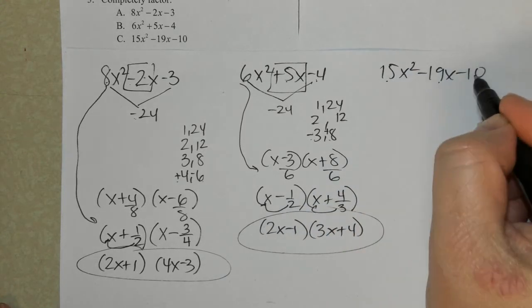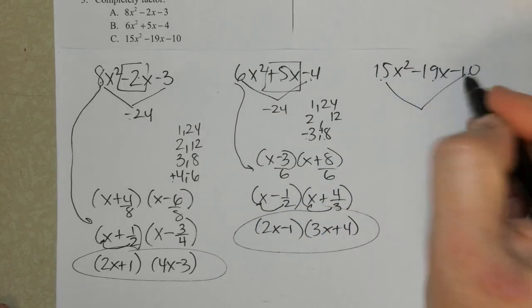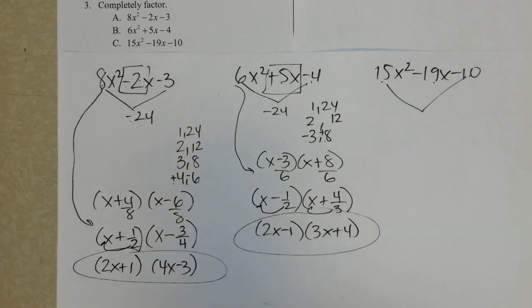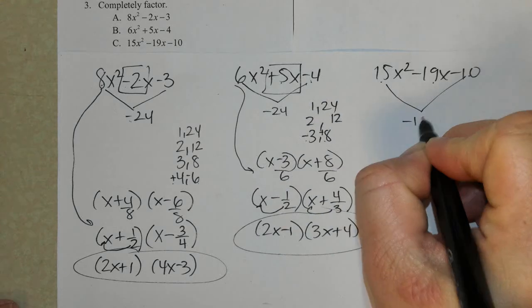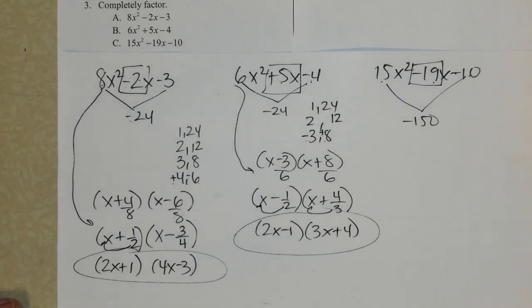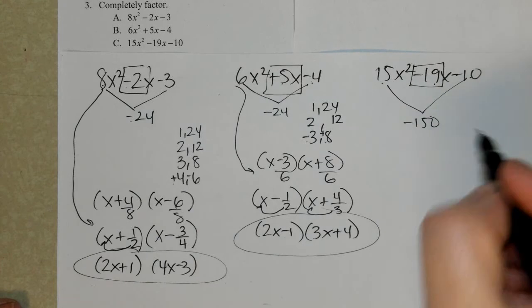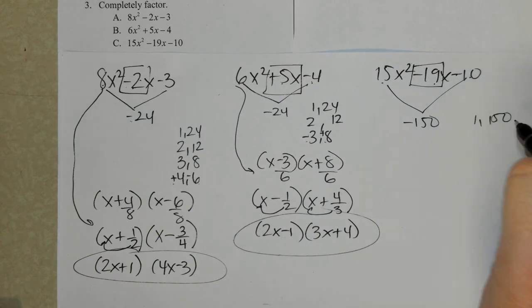Can I divide out by number here? No, I can't. So 5 times 10. So 5, I know that, 15. 15 times 10 is 150. It's a negative 150. I want to combine to get a 19. So I'm going to go one by one here. 1 and